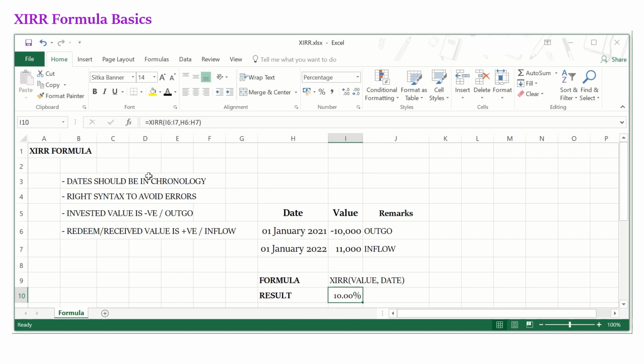So let us quickly see what if I have both of them positive. You find an error here, and suppose the date format is mixed. Say I have the latest date first, then also I get error. Here I have made Jan 23 and 1 year before date I have put here, so I'm getting an error here.